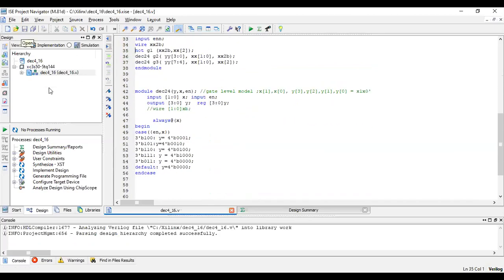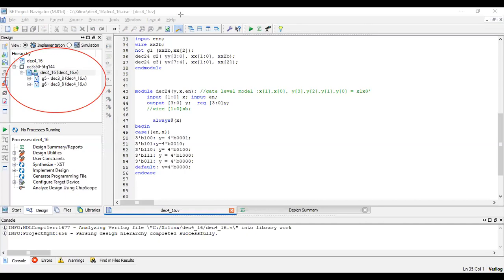So save it. Once you save it, on the left hand side you can see here that decoder 4:16 has two submodules, two 3:8 decoders, G5 and G6. Decoder 4:16 is implemented using decoder 3:8.